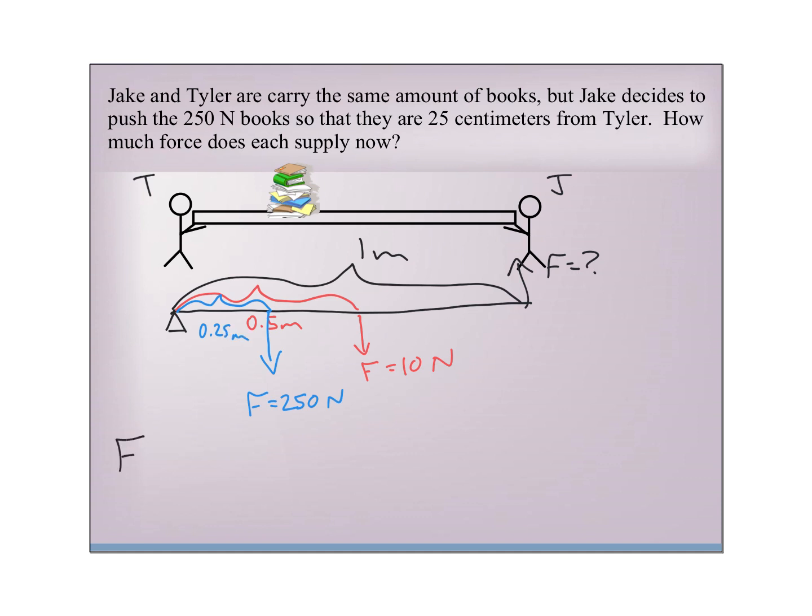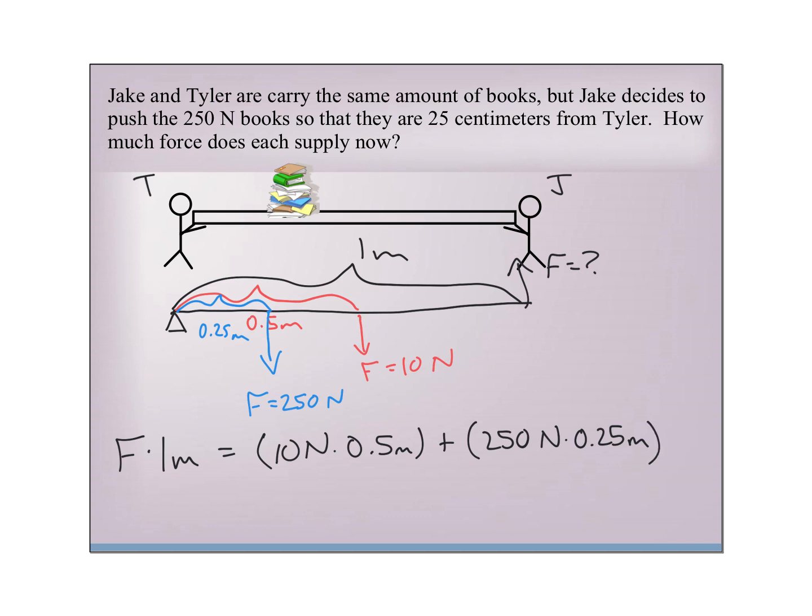So our equation will look like this. 10 newtons times 0.5 meters for our meter stick, and 250 newtons times 0.25 meters